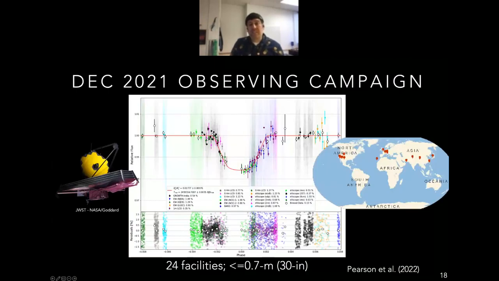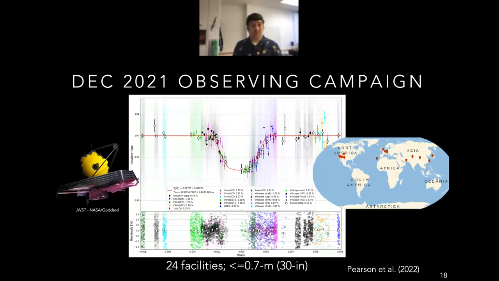We've had this very successful observing campaign back in December, where we observed a target for James Webb. We ended up saving about 2 to 3 hours of James Webb time, and we were actually able to achieve a precision that matched or actually exceeded in some cases the precision of prior TESS observations. So TESS is doing an amazing job of getting high precision photometry and time series, but TESS can't look everywhere all at once, and that's where we hope to fill in the gaps and to get more data on these